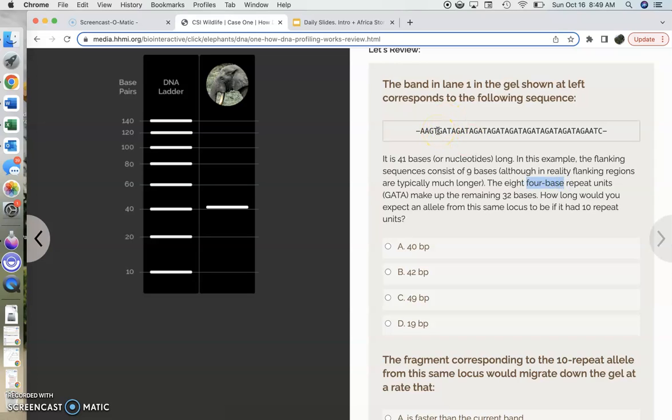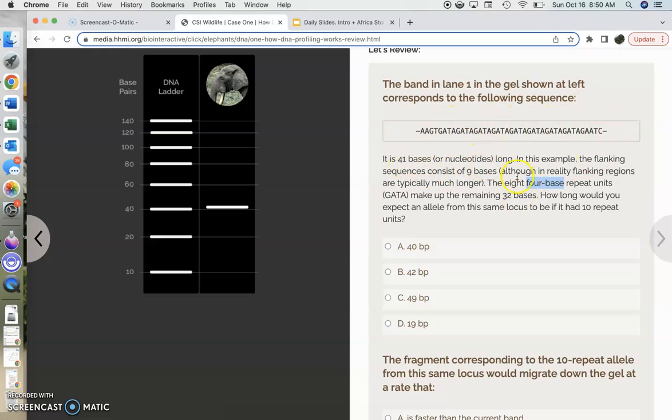It looks like it's TGAT, or no, we've got GATA, GATA, GATA, GATA, GATA. You see that? So it says that happens 8 times for a total of 32 bases. And then the flanking sequences consist of 9. So there's our 9. So we add 32 plus 9,